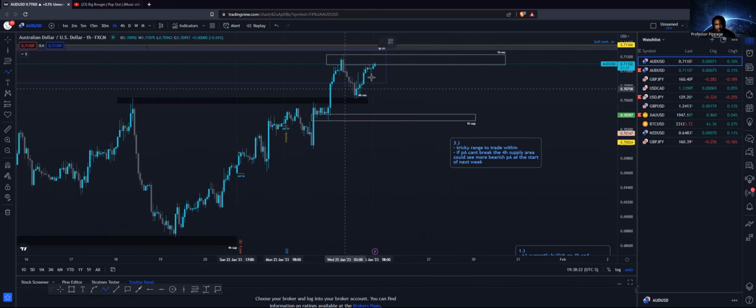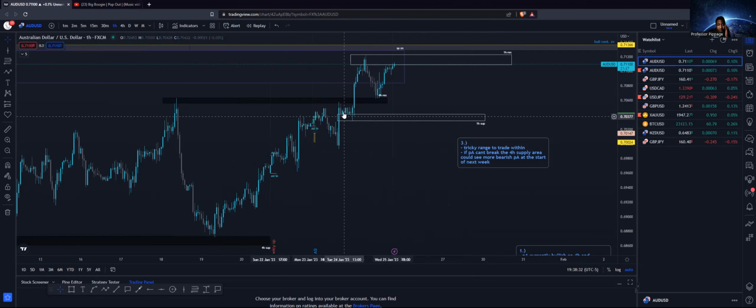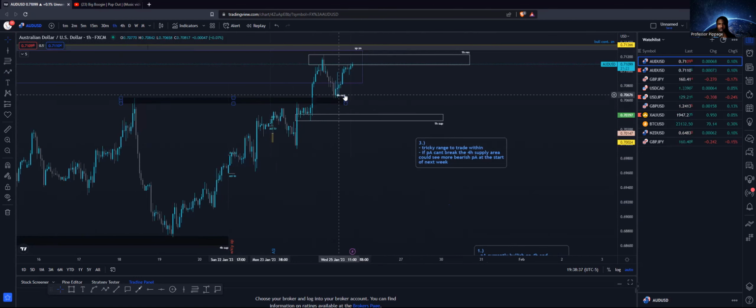If it comes back to this 1 hour support and breaks and then creates a lower high, then I'll be looking for the shorts. But otherwise, we're big bullish. So for right now, we've got the 1 hour support, 1 hour high. And for me, this would be a 15-minute level when you move this right here out of the way. A 15-minute level right up on here that I'll be looking at, to see that if we break to this level, then obviously we're coming back for me to that 1 hour